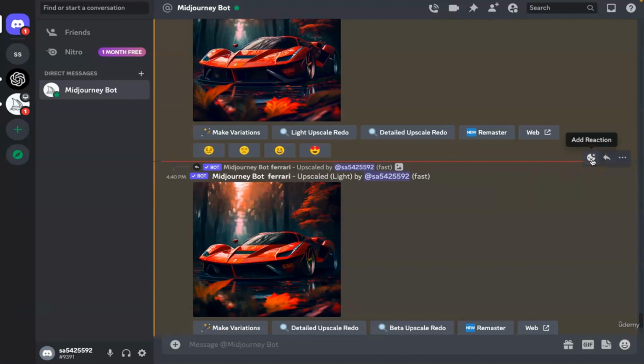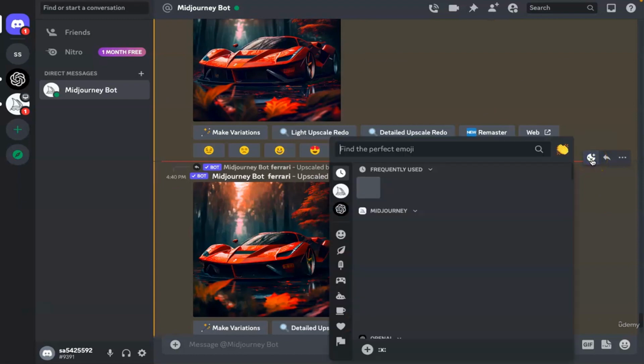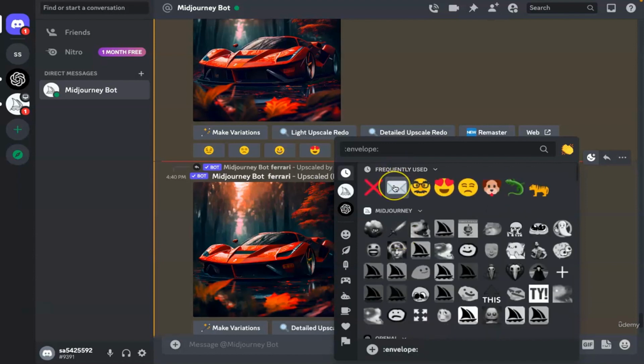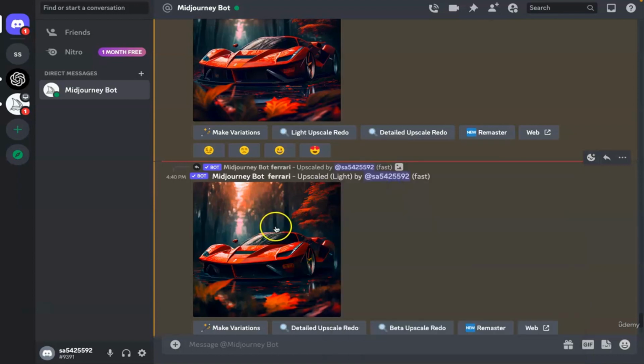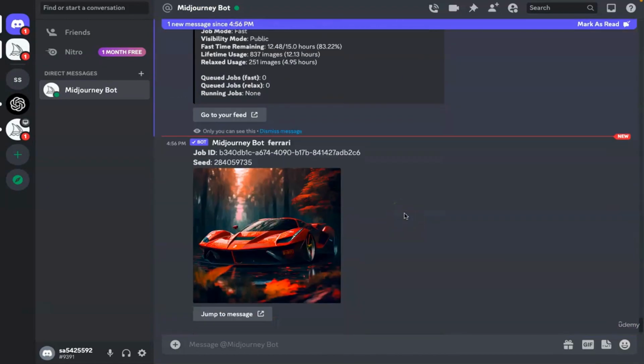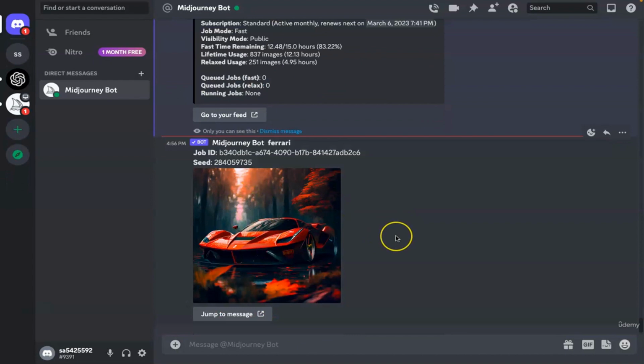So if I click on the emoji reaction available here, it gives me a list of all the emojis that are available. Now, if I click on the mail one, it will tell me essentially two things. First, it will send the image to my private bot channel. So I would see that image reproduced over here in my bot channel. So you see I received one new message,